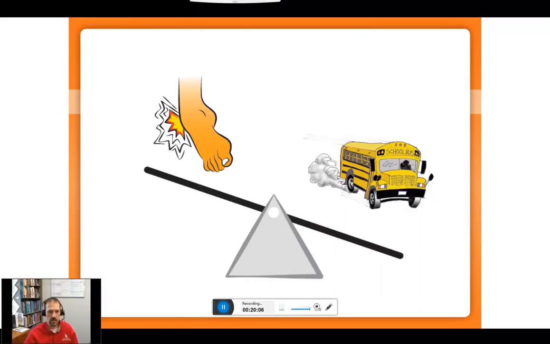We might use a simple story or metaphor about a sprained ankle: if you're walking across the street and sprain your ankle, but you see a bus coming at you, would your ankle hurt? Most people quickly recognize probably not. They'd probably sprint across the street, and if they got across the street, then their ankle might hurt. It gets them to recognize that at the moment of the tissue injury, they may not experience pain because the impending threat of a speeding bus coming at them might be more threatening, and the body uses wonderful endogenous opioids to decrease that pain experience, so that you can get yourself away from injury.